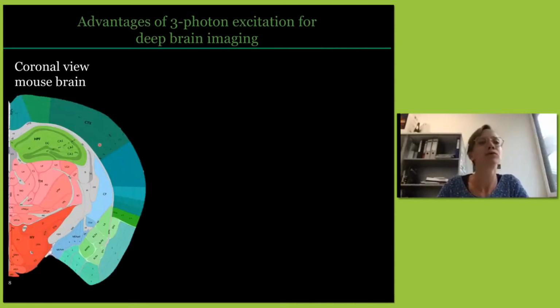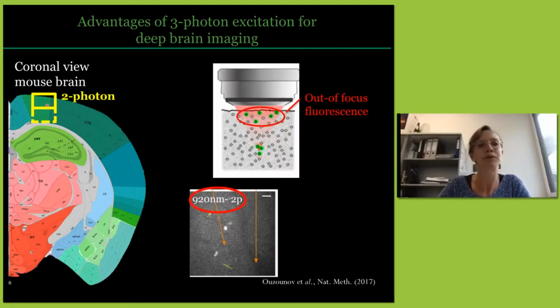But also with a good 2-photon microscope, we can currently only investigate the upper layers of the cortex at high contrast. Although 2-photon microscopy can be pushed towards a millimeter, it comes with the trade-off of reduced contrast at depth due to the onset of out-of-focus fluorescence at the surface with increasing excitation power at depth. You can see in this image here that the large bright structures such as the somata are still visible,